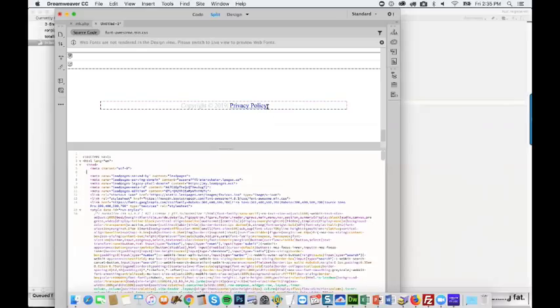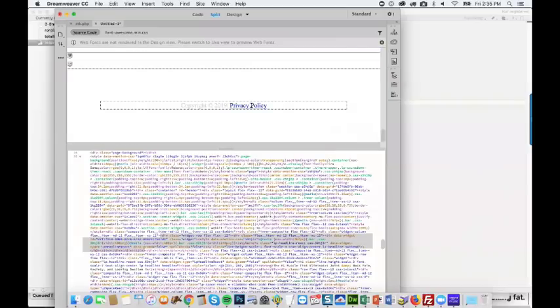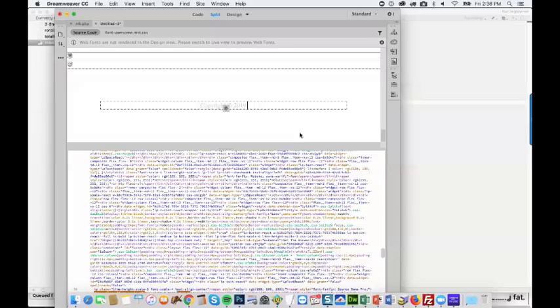So this privacy policy is the main thing. I already have it here, but this actually goes to a different page. It's from that investment page, so we can't really use that. So here's what we're going to do. Once you get everything together, you probably want to get a lawyer to write out the privacy page and all these pages for you. But until then, I just grab some generic ones off of the internet.